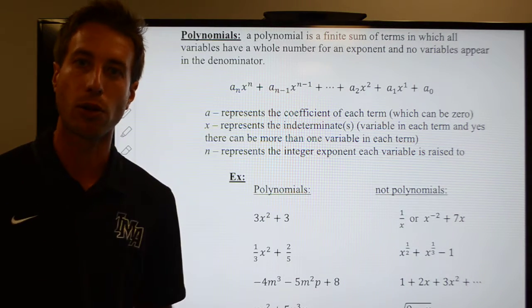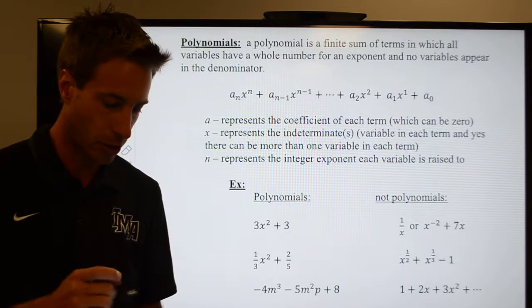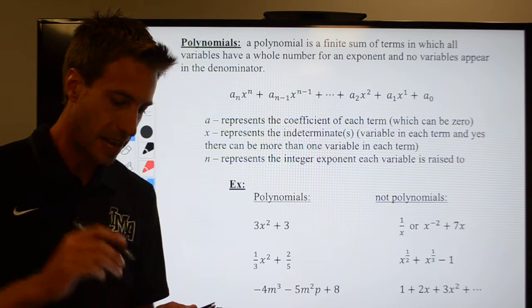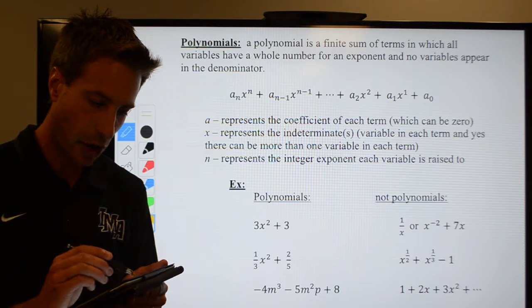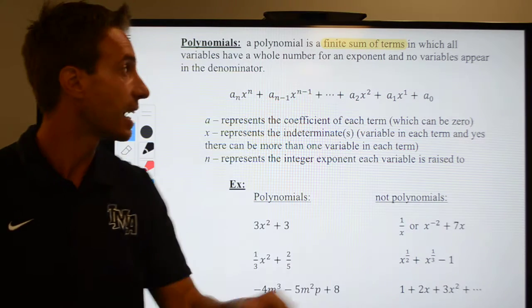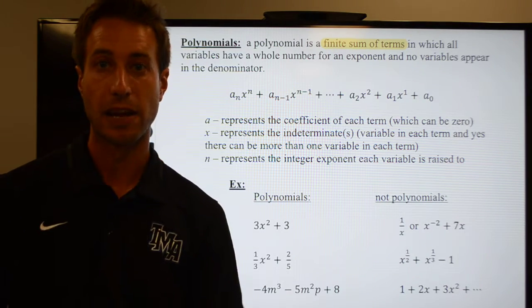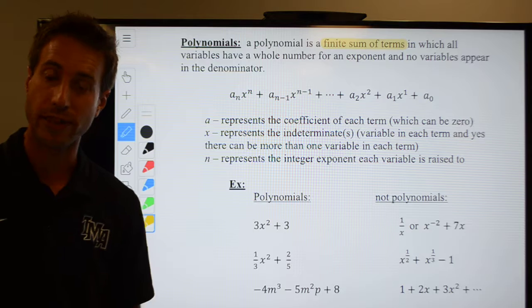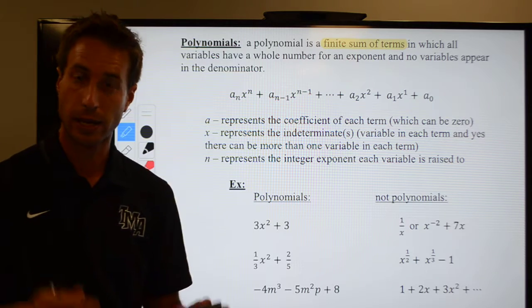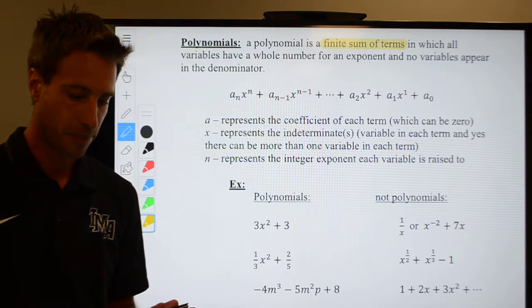When you have a polynomial, in order for it to be a polynomial, there's a couple of things that have to happen, and here's what they are. It must be a finite sum of terms. What this means is that polynomials cannot be infinite. They must come to an end. All right? There has to be an ending point. It's only a certain number of terms, and then it has to stop. Also,